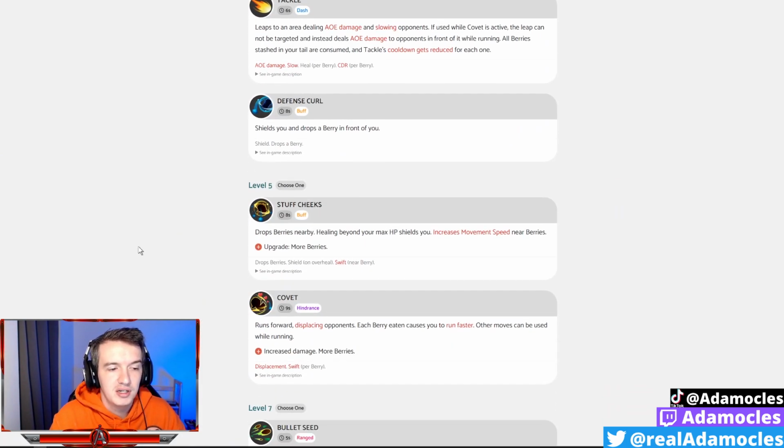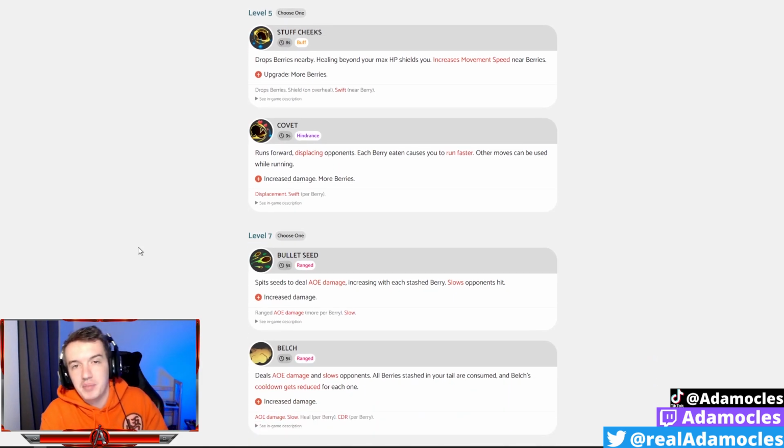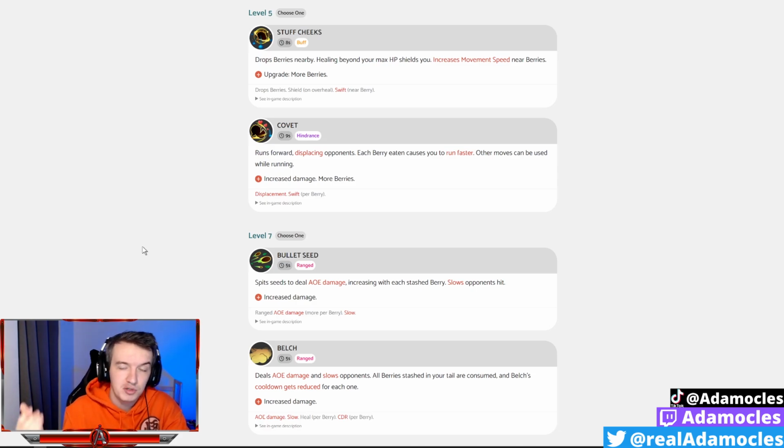Greedent, my go-to with Greedent is still going to be Covet and Belch. I just think that it's just the most obnoxious moveset to deal with, and that's what Greedent is. He's obnoxious. Covet makes it so people just can't chase after you. They can't get you. You just run around in circles, and everybody knows the deal. Everyone's had to deal with a Covet Greedent before,